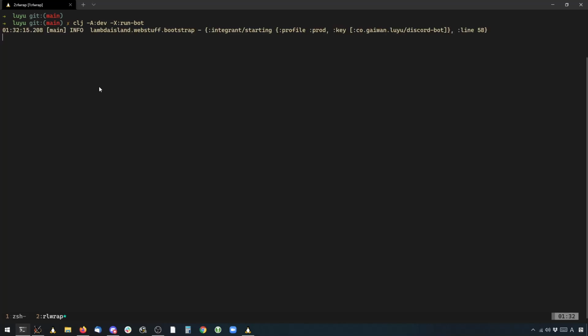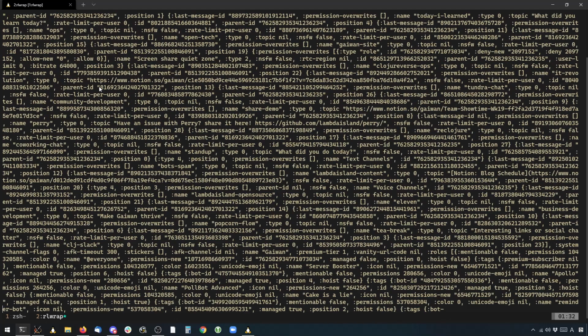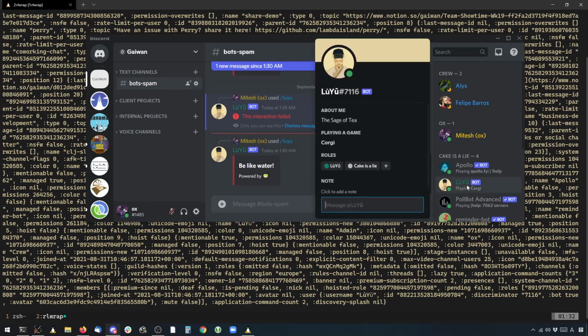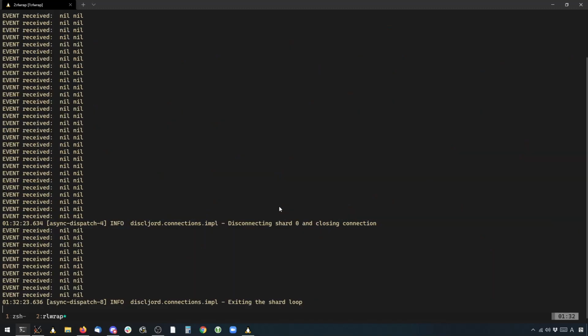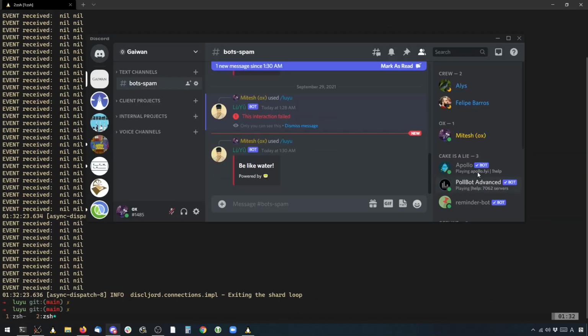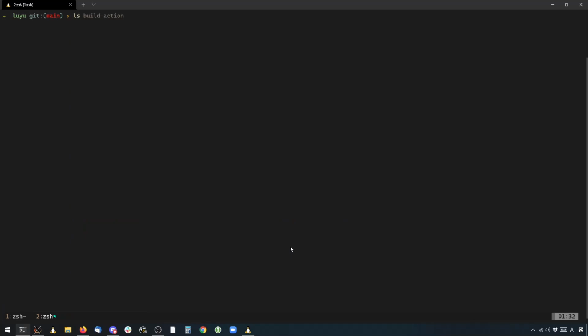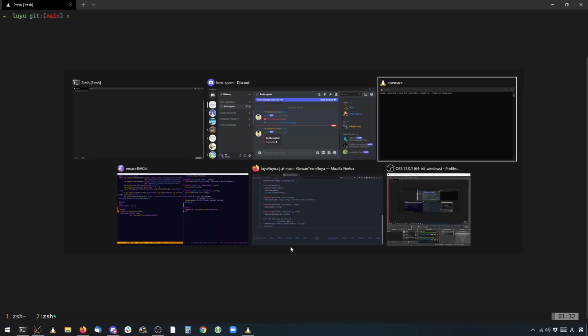So just give it a second here and awesome. So as we can see, the bot is connected again here. That's sweet. If we kind of exit out, we can see that the bot has died. So that's awesome. Now what we want to do is we want to figure out a way so that this entire thing can be done inside a Dockerfile in an isolated environment without any dependencies on the host machine. So let's do that. Let's create a Dockerfile.